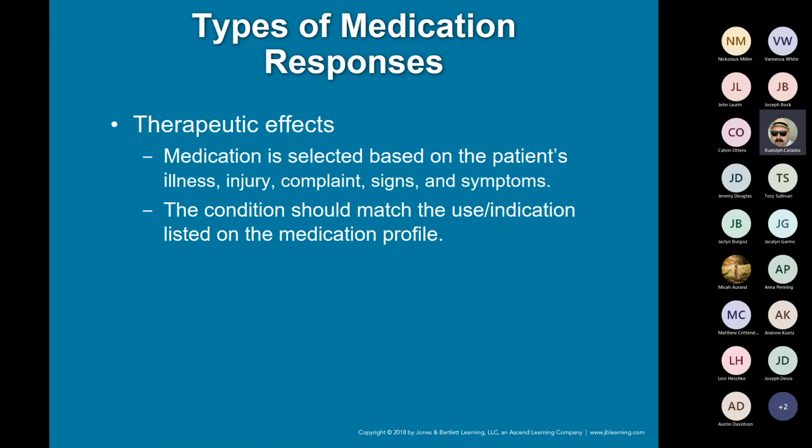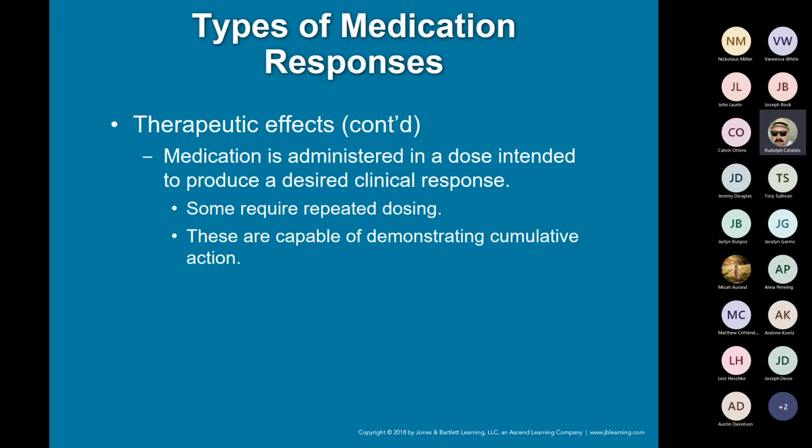Regarding therapeutic effects, you'll hear what's called the therapeutic index. This is how much medication we need to give before the medication does its job. This is going to be based on the patient's size, the patient's demographics, and what potential injuries they have. So think pain management: somebody with a stomach ache, I'm probably not going to give a whole lot of pain meds to. Somebody that has their arm ripped off, I'm probably going to give a whole lot more pain meds. It's going to change based on how much medication I'm giving them and what it's going to take to be therapeutic for that person. Now, when it comes to pain meds,